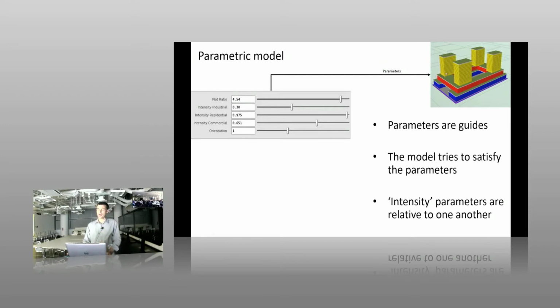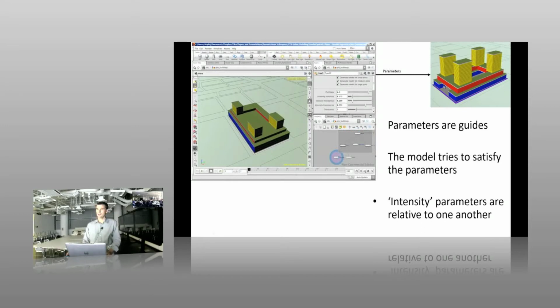So you have a parametric model with some parameters. Changing the parameters changes the parametric model. I can just show you a brief snippet of that. So this is the model in Houdini here. And every time, let's say I change the plot ratio, as I change the plot ratio, the configuration